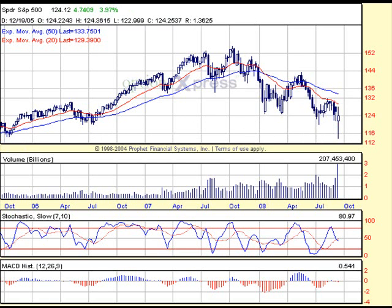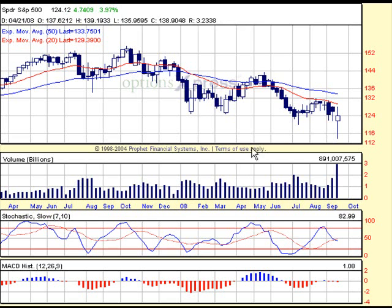Let me zoom in just a little bit for you guys. Now here's the thing. This is a rather bullish looking kind of candlestick. Why? Because look at the long lower shadow that we have here. The bears pushed it down, but the bulls managed to come back and rallied. And that's what happened on Thursday and Friday. We rallied higher and managed to close above 120,